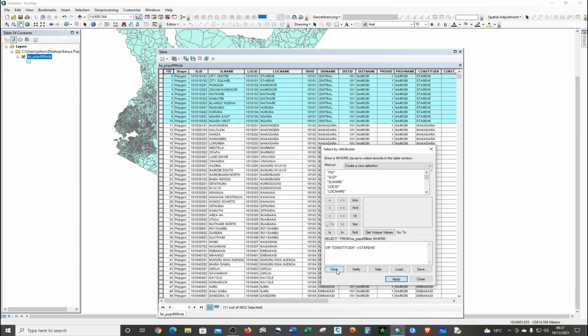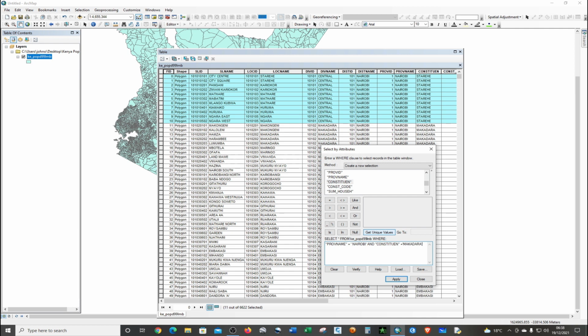So you can clear that and you can select the district name. Let's select the district name. And the constituency is equals to, let's type in